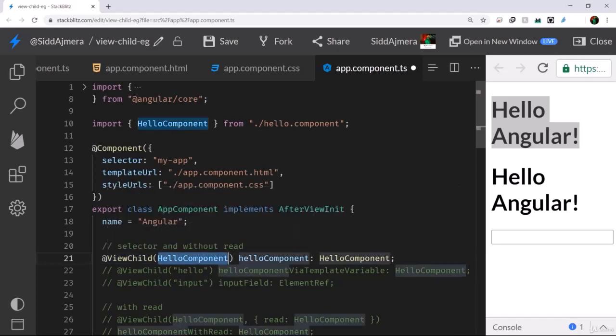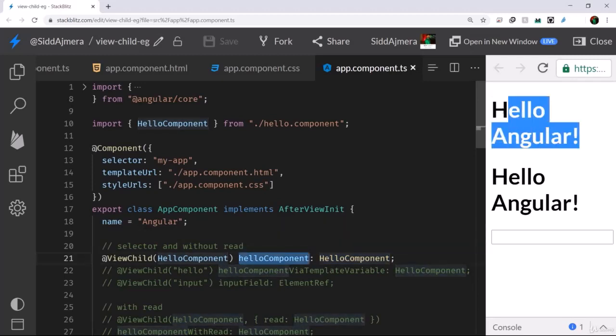So that's why I'm just specifying the selector here, which is the hello component, which in this case is the child component as well. And then I specify the name of the property and then the type, which is hello component itself. I'm trying to get a reference to the hello component that I have inside this template in my